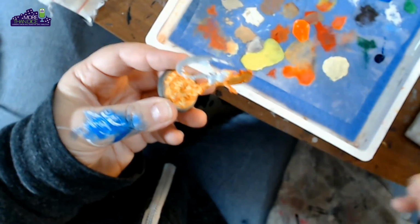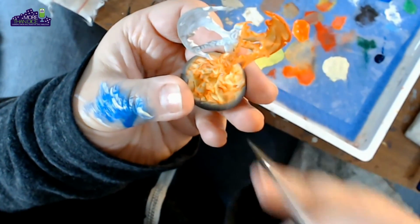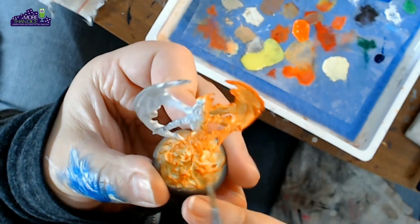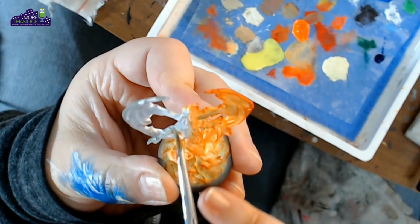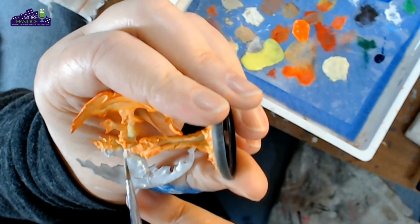Alright, so I have some yellow mixed with my white. And we're just going to apply this over the whole thing. And I remember well when I was painting my Balrog, and